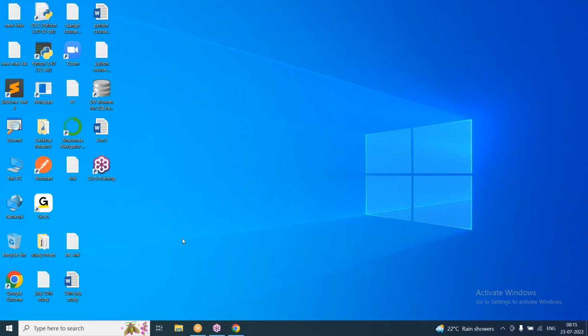We can keep multiple versions in the system. Multiple versions we can install. But to avoid confusion, we are using only the latest version here. So after uninstall, then